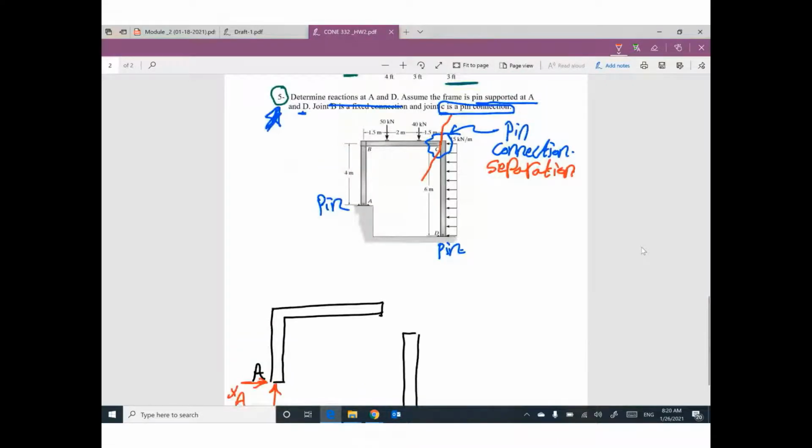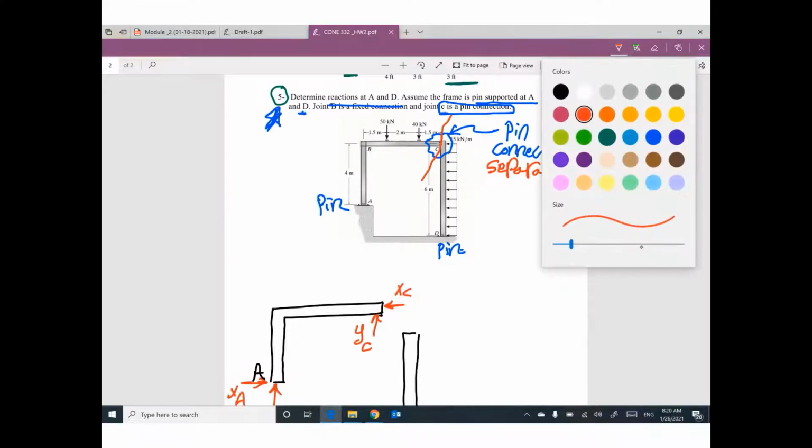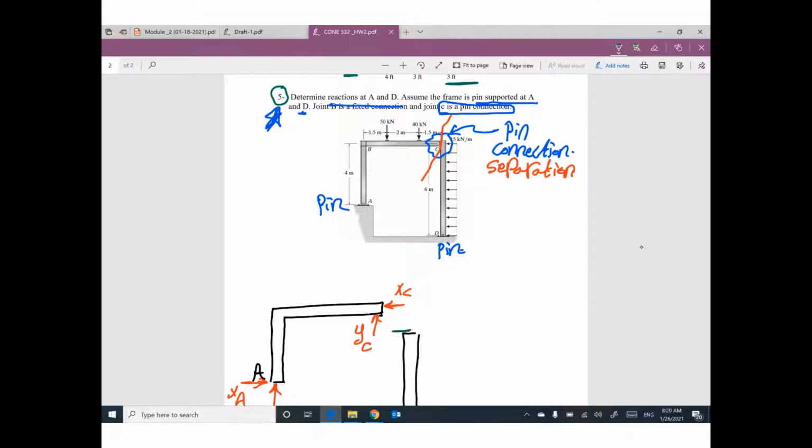C is pin connection. If you assume we have two reactions here, XC, YC, these two reactions will be the same on the other side, but in opposite direction, YC and XC. Don't forget,